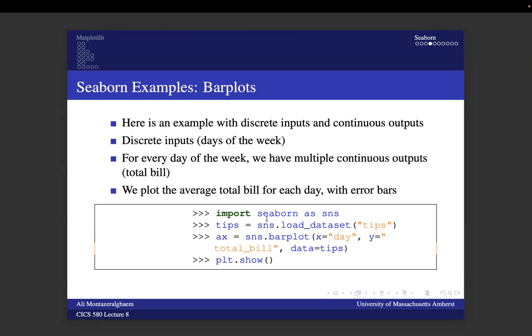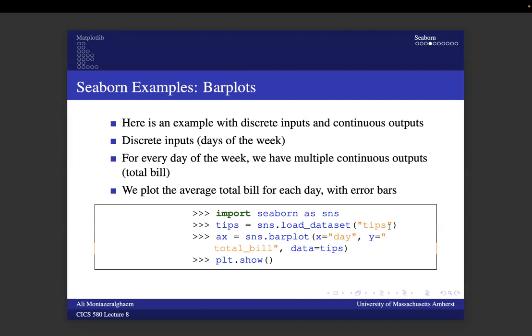In this case, you just need to use an available dataset, and load it with this function from Seaborn, sns.load_dataset, and pass the name of the dataset. Then we can call the function barplot,